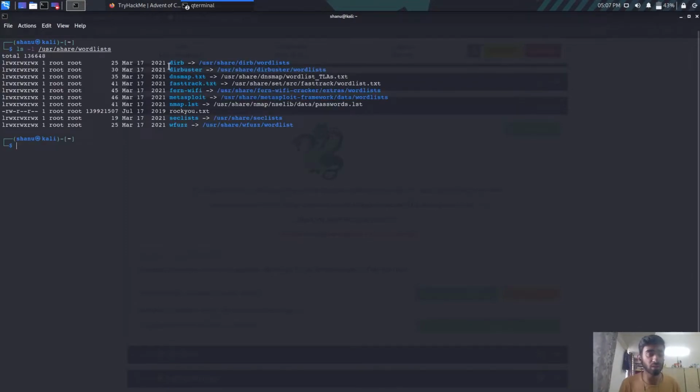As you can see, there are all these word lists, and actually these are all directories. They contain many word lists inside of them, but the one that we are interested in is rockyou.txt. This has, I think actually 1.4 billion entries in this particular file. And if I just print the first 10 lines of rockyou.txt,